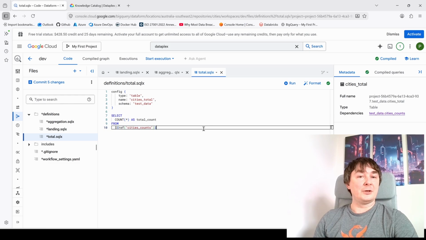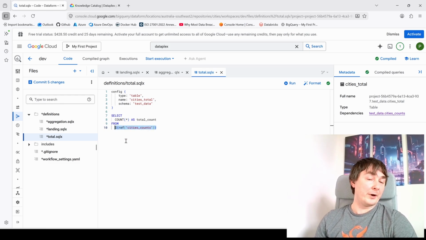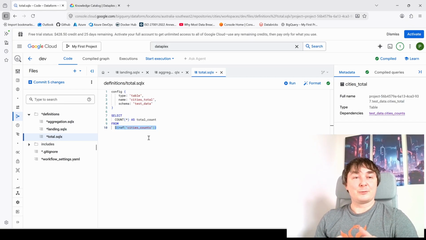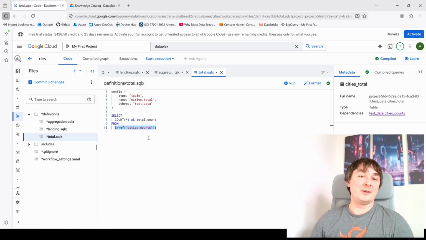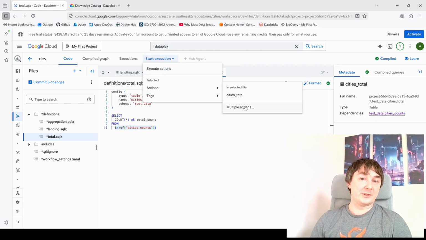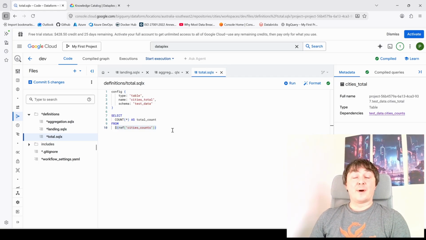But as I said, in order to do that and have the dependency built correctly, you need to use references, first of all, and secondly, if you are preparing a demo like this, it will not work right now. So as soon as you enable that API, you wouldn't be able to find the lineage, and you would need to, first of all, start the execution of the whole thing. So Dataplex would be able to find that dependency, and secondly, you will need to wait something like 30 minutes until